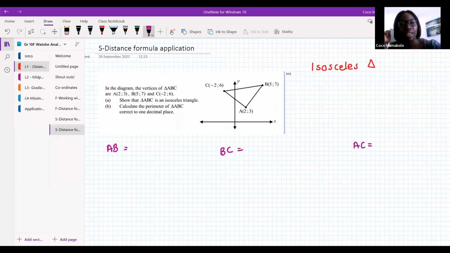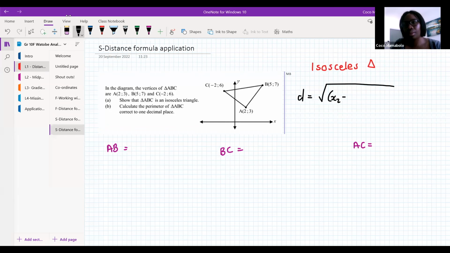Okay, if the answer is the square root of a number that is not a perfect square, please don't write it in decimal form. Leave it as a square root. I'll give you 2 or 3 minutes, so 1 minute per question, to see if you can figure this one out. For those of you who don't remember the distance formula, it is the square root of